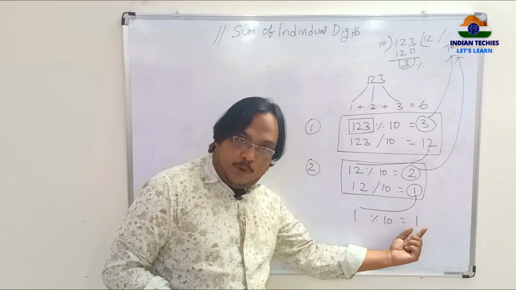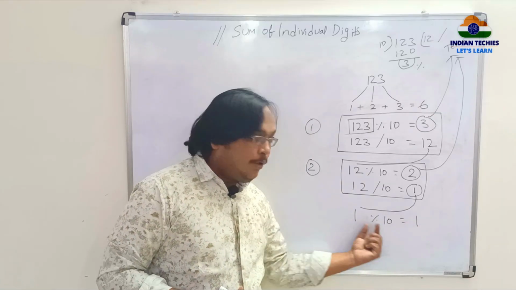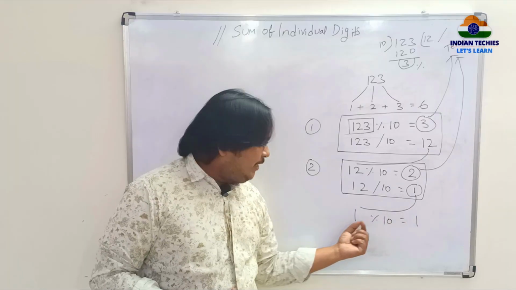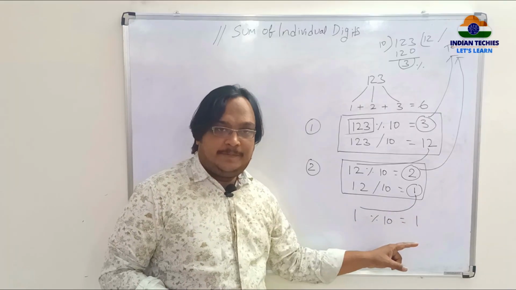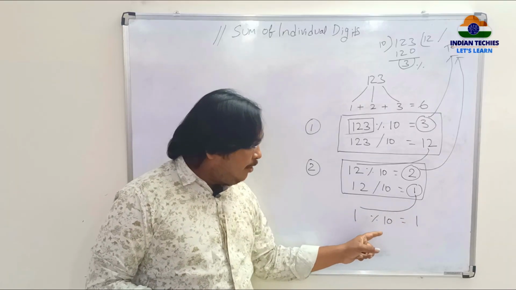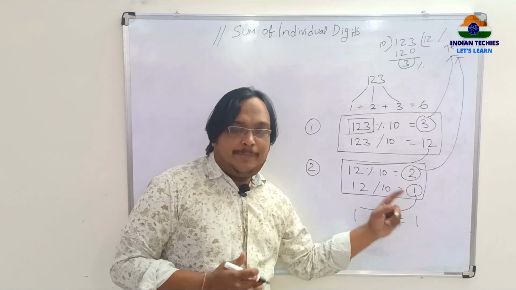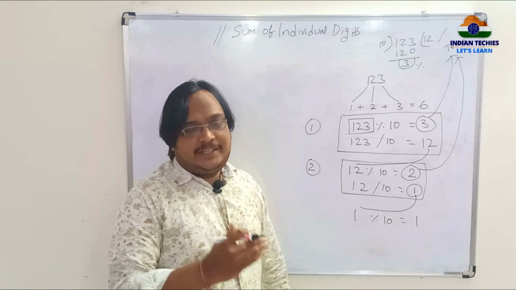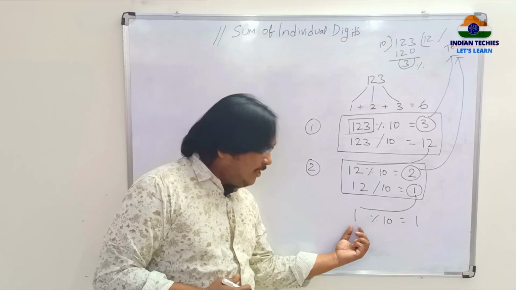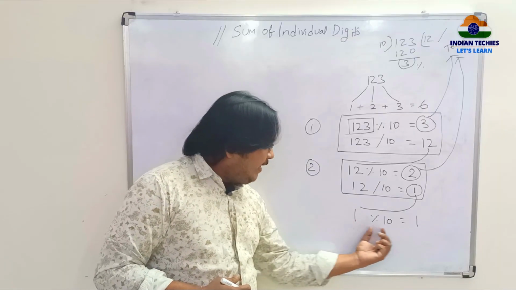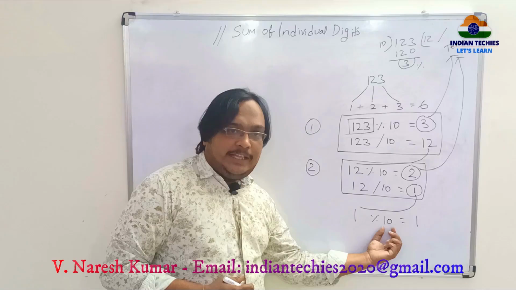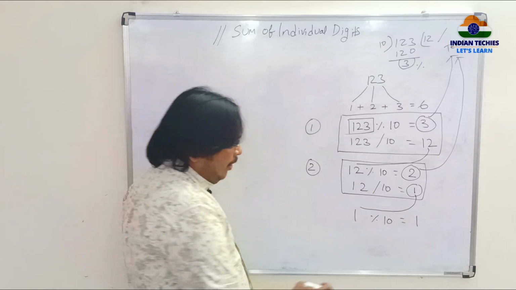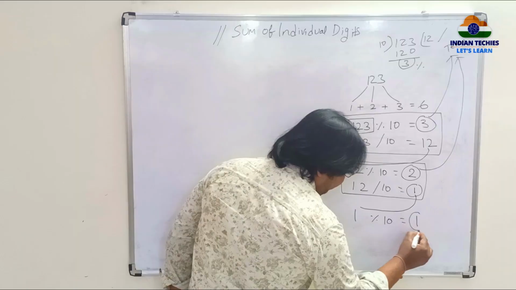1 mod 10, 1. No need of calculation. 2 mod 10, 2. 3 mod 10, 3. This procedure applies till 9 mod 10, 9. Whenever it is 10 mod 10, then the remainder would be 0. From next time onwards, 11 mod 10, 12 mod 10, 13 mod 10, the division calculation is done. Whenever the left side value is small and the right side value is big, you just write the left side value as the result. Now, already 1 mod 10 is 1.